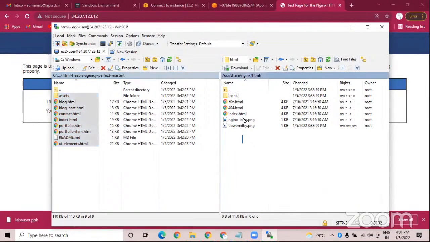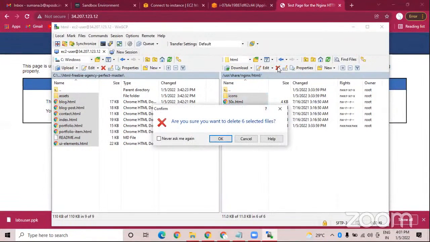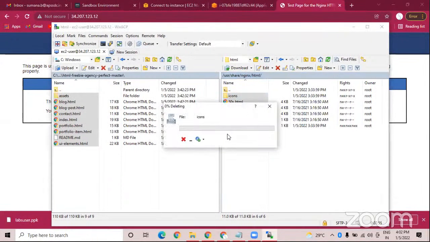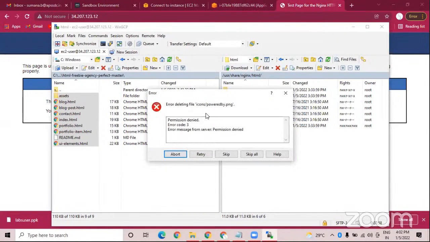Okay, so for that, first I'm going to delete these files. For this, select all these files, and here you can see the cross button, that is nothing but a delete option. Just select your files and click on the cross button, and it is asking to confirm the deletion. Yes, click on OK. And here you can see it is showing an error message,